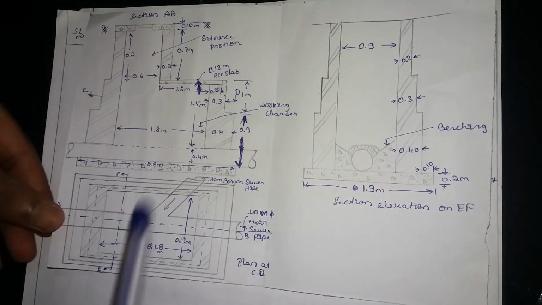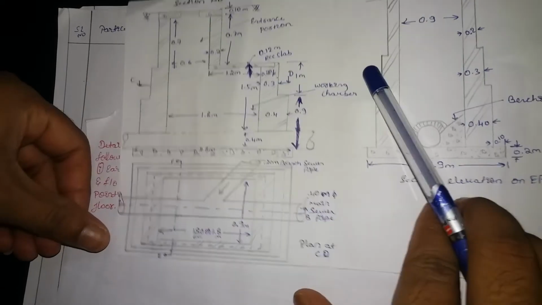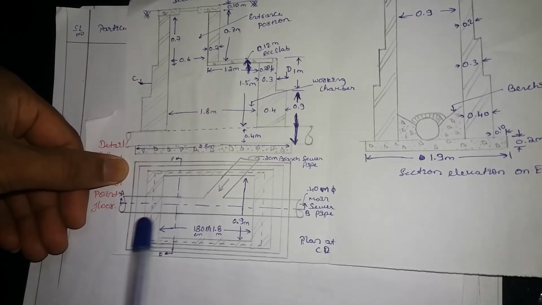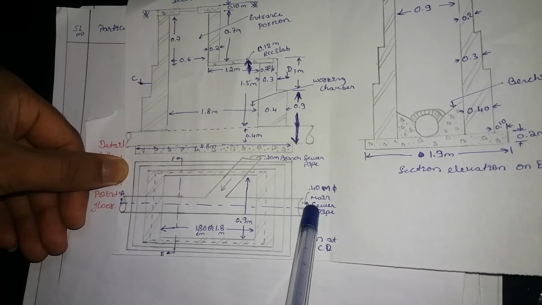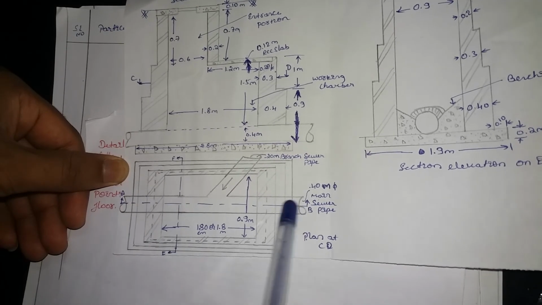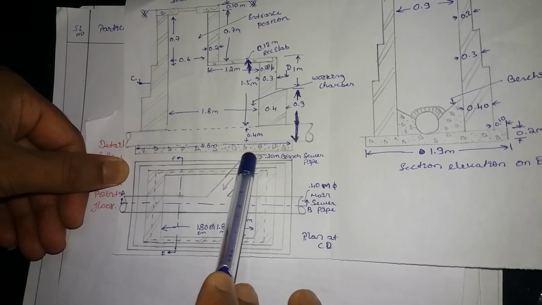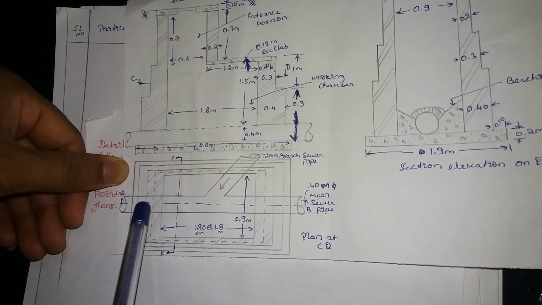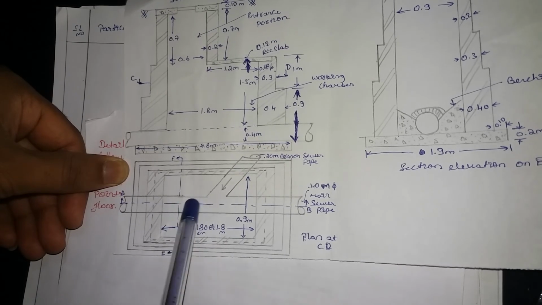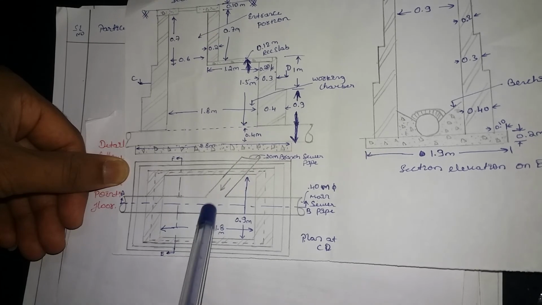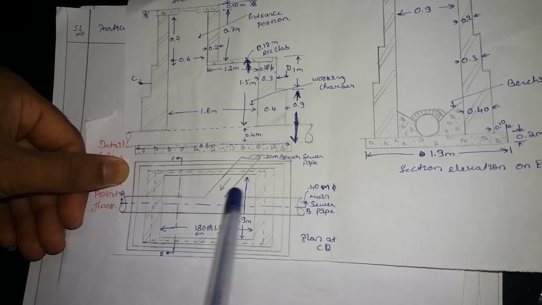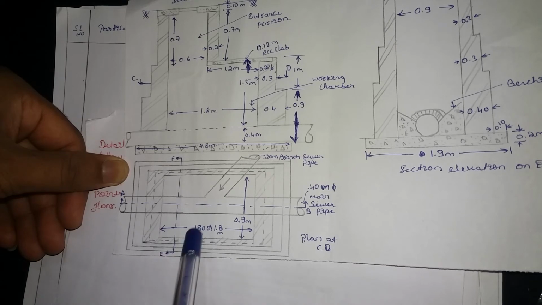First see the plan. This is a manhole, right? And the main sewer pipe is inside the manhole. This is my main sewer pipe, and this is a branch sewer pipe, where a junction is taking place between the main sewer pipe and the branch sewer pipe. So wherever we get this junction, we have to go on calculating the quantities.